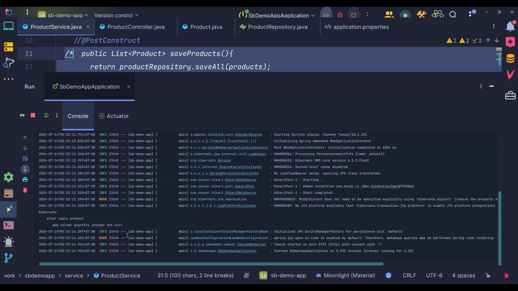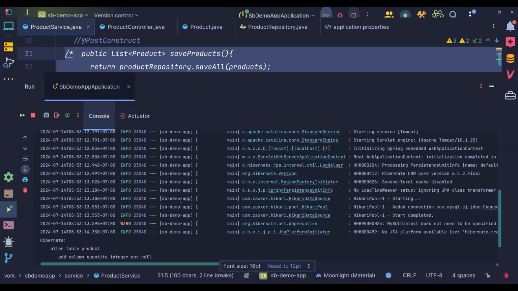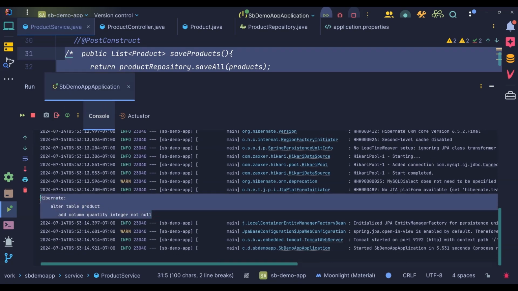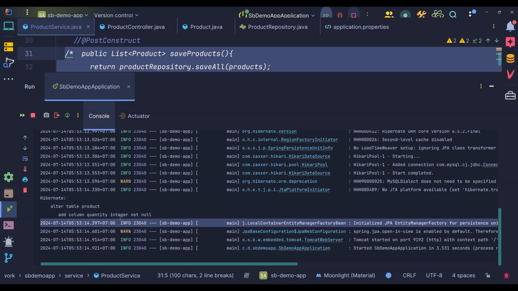So now the project has started. Now you can see here that we have a query. Now this query is telling us Hibernate is altered. Now the table has been altered. The product table has been altered, and a column called quantity has been added, right? And it's of type integer, just as